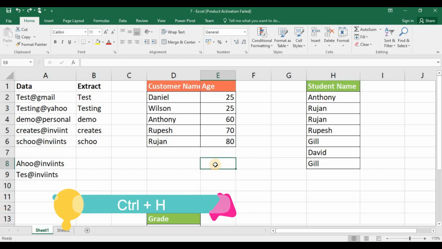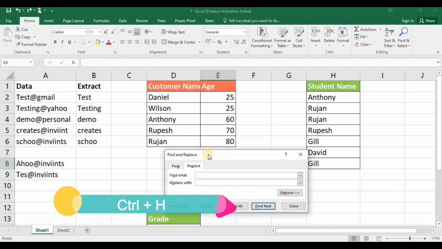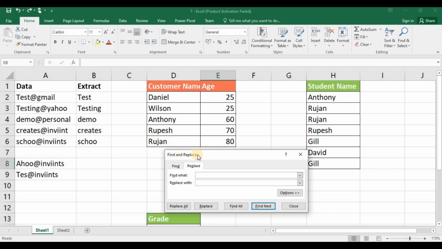We can replace any specified text in the entire sheet or entire workbook. Press Ctrl plus H. A window will open. This is called the Find and Replace window. It will find the text entered in this Find What box. Then it will be replaced with the text mentioned in Replace with. Once you enter these two, click on Replace All. The Replace button will replace only the first value found.